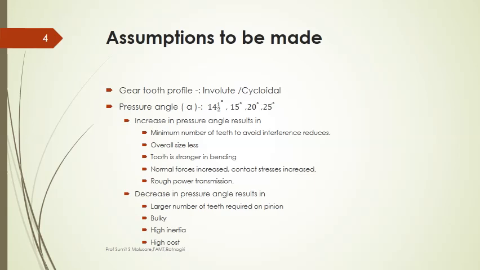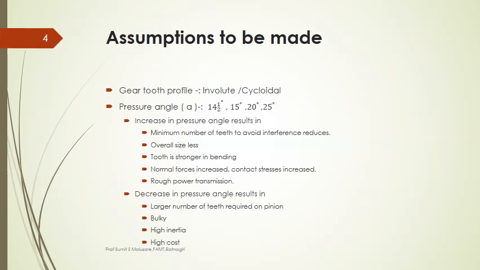Okay, but what is the advantage of cycloidal? Yes, there will not be any chance of interference. In involute, there may be chances of interference, but as far as the cost is concerned, cycloidal has two types of curves, hence it is somewhat higher in cost than the involute profile. So for cost and quality we have to go for the involute profile.